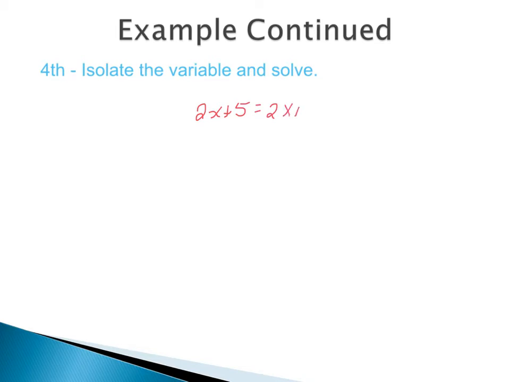Our next step would be to isolate the variable to one side of the equation and continue to solve for x. Right now we have 2x plus 5 equals 2x plus 5. Most people like to move the x's so they're on the left-hand side, but it does not matter. I'm going to move the 2x on the right over to the left-hand side by doing the opposite operation. The opposite of addition would be subtraction, so I'm subtracting the 2x on both sides. On the left-hand side, 2x minus 2x is actually 0, so we're just left with a 5.